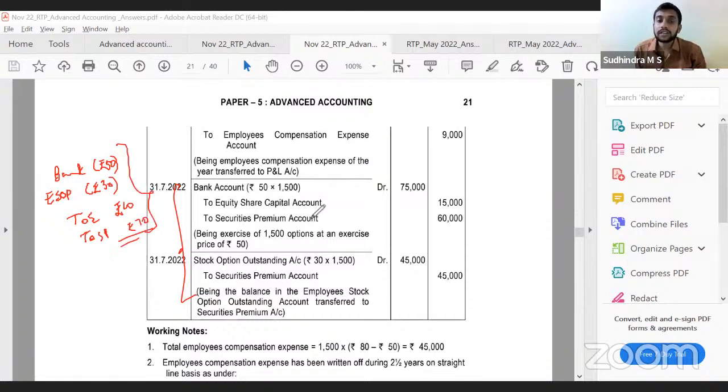Here what they have done is 40 rupees here, 30 rupees here. Total securities premium has been credited by 70. The entry is correct, but we can merge these two. Okay, that is ESOP. Next,